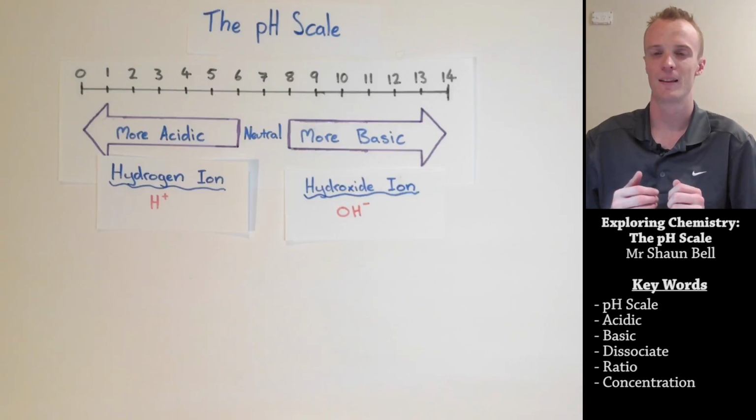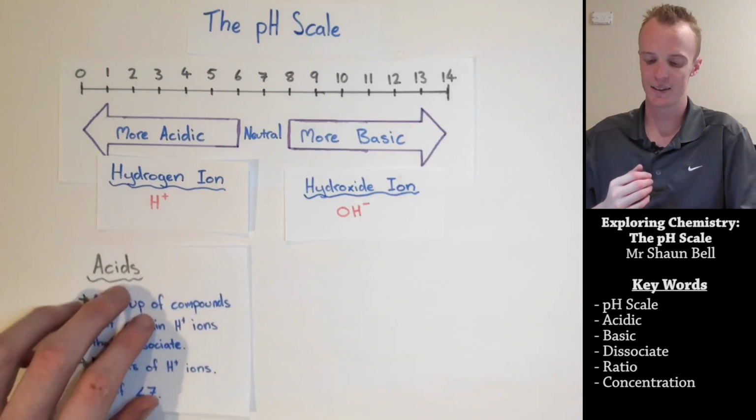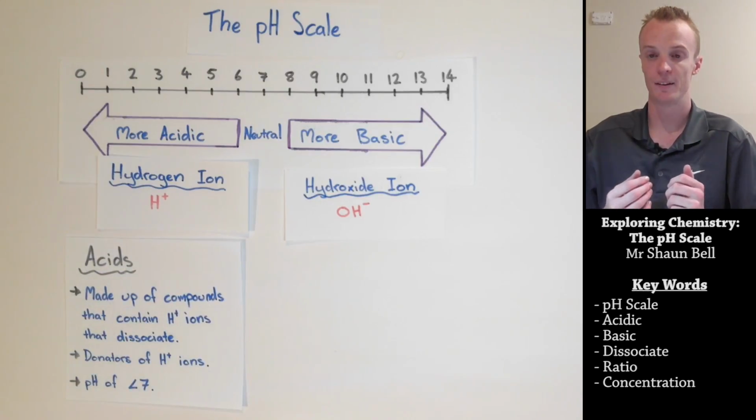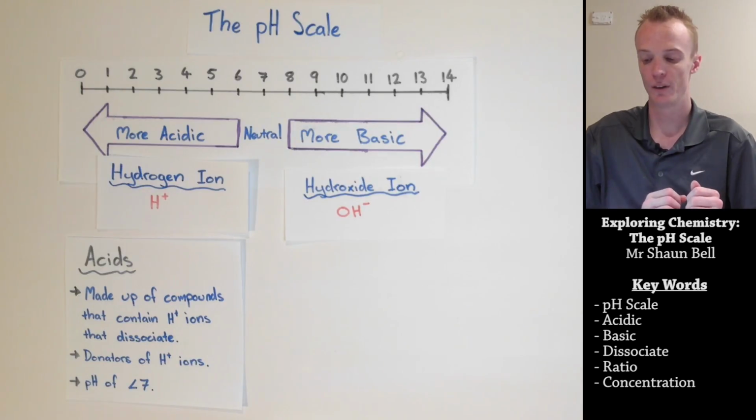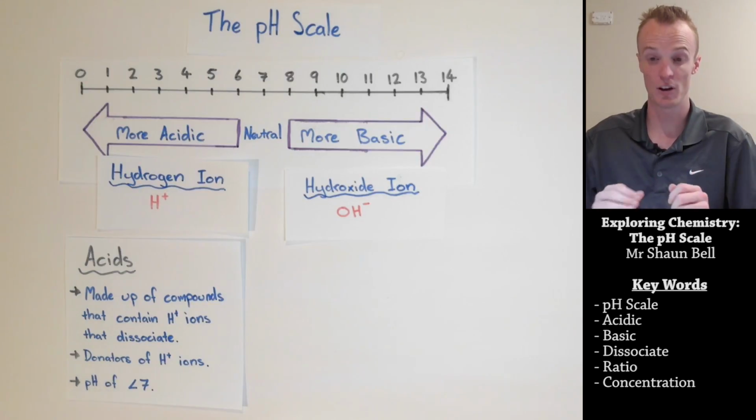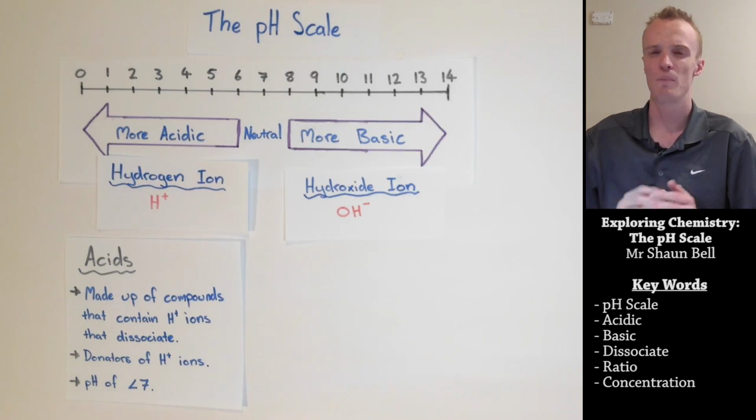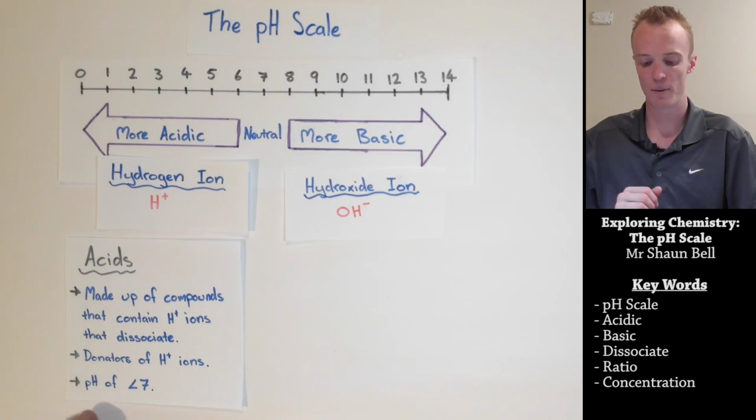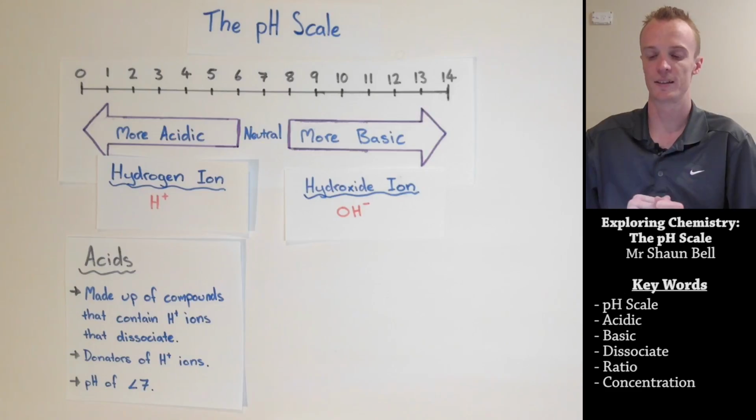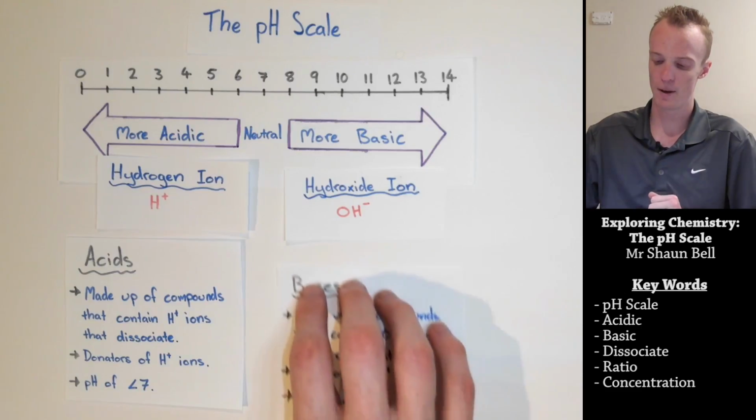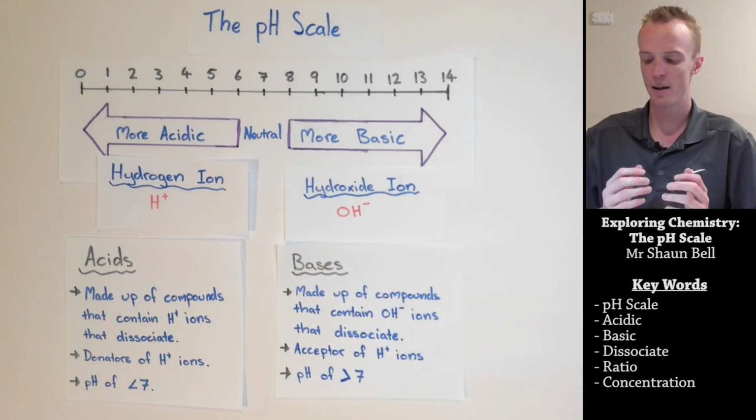So let's recap. Acids are made up of compounds that when they dissociate or break apart, they contain more hydrogen ions than hydroxide ions. And we consider acids to be donators of hydrogen ions, but I'll talk about that in a future video. Now, all acids have a pH of less than 7,